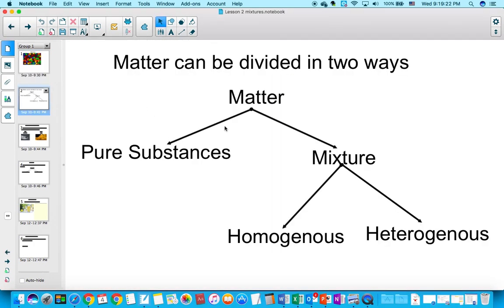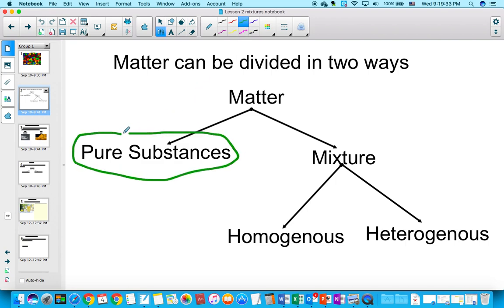This is sort of a flowchart showing you how matter can be divided. So matter can be divided in two ways. You have your pure substances, and you have mixtures. Now, we'll go into more detail as we move along, but pure substances are things that are just made up